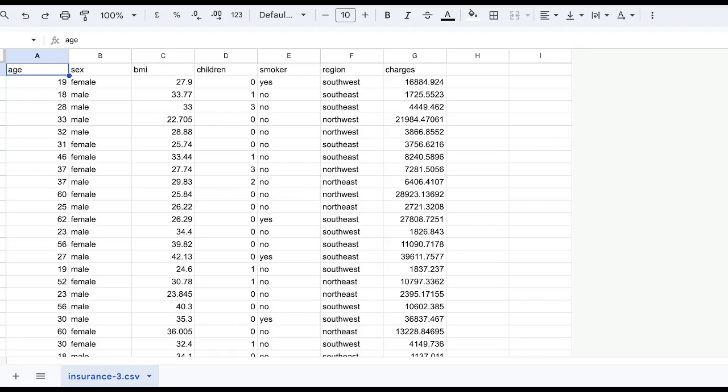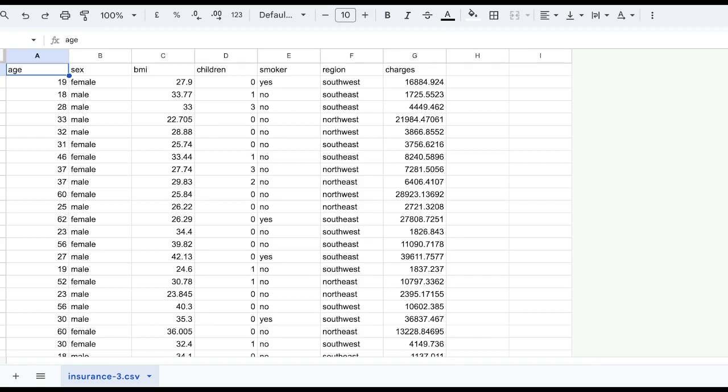In this video, we will be implementing an insurance charge prediction project using the linear regression algorithm. This is the dataset that we have. We have age, sex, BMI, that is the body mass index, the number of children a person has, whether they are a smoker or not, and the region they live in. The last feature is the charges feature, our target feature, which we want to predict. This is the historical data, depending upon which we want to predict the insurance charge for the new incoming person.